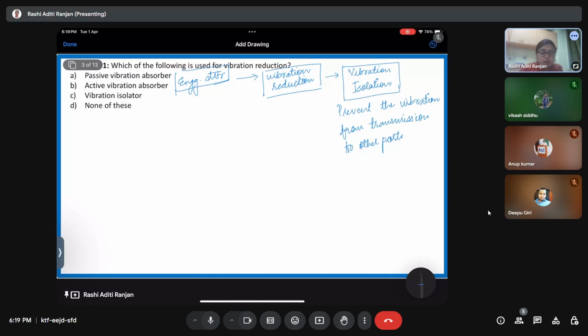You know what that rubber support is for? It is for isolating the system from the ground, from the base. That rubber support has the capability of not transmitting the vibration from the particular machine to the ground level. Likewise, if I talk about vibration isolation, it may happen that, for example, if I have a